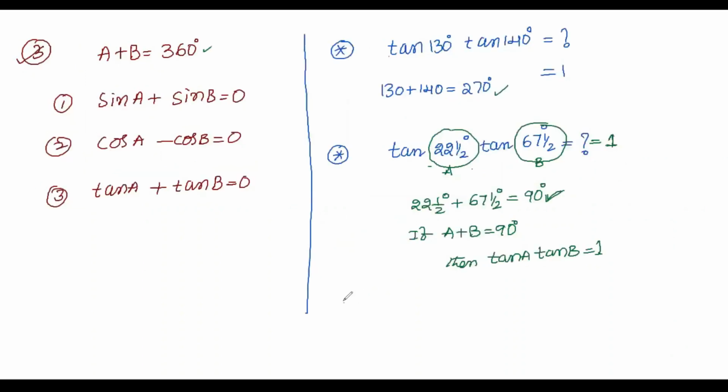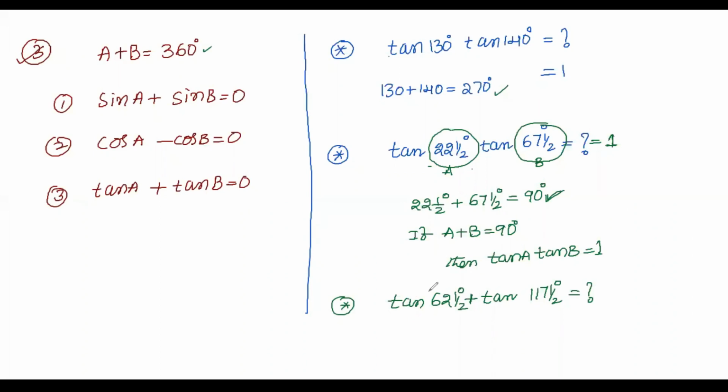For example, for tan A, I am giving here 22.5, now I am adding here 40, so 62.5. I have added 40 here, so here I have to add how much? 50. So tan 117.5 degrees is equal to how much? Yes, guys. What is the answer for this? Plus, in between I am keeping plus. What is the answer?